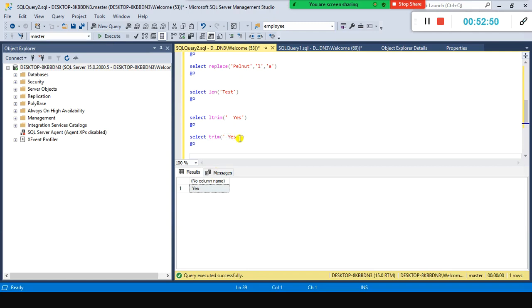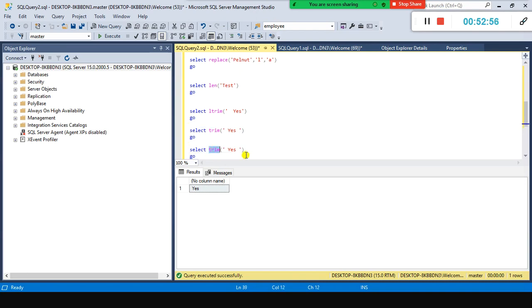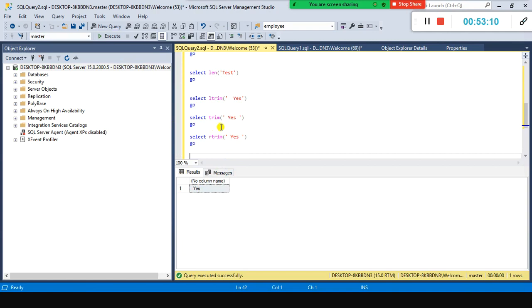RTRIM removes the trailing blank spaces. Let's take the same example and try RTRIM. After yes, whatever blank space is there is removed, but the blank space before it is not removed. That's how it works.